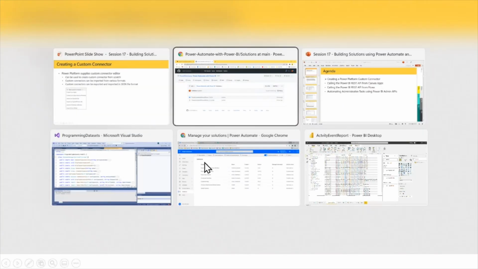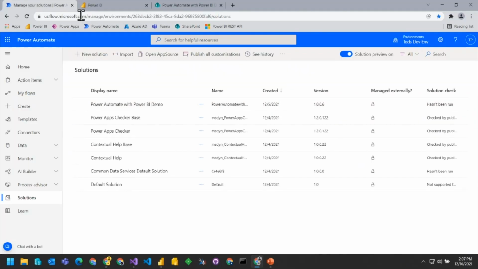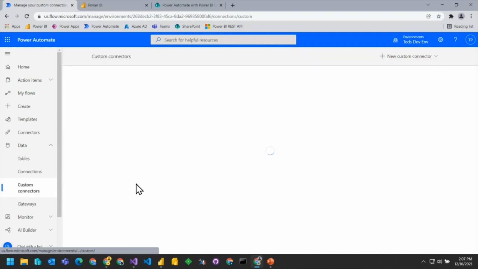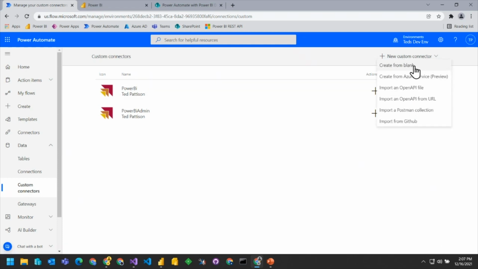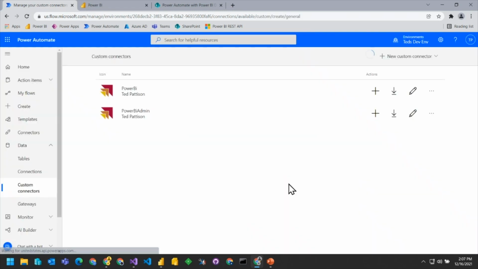Okay, now when we create a custom connector, what we're able to do is, inside the Power Platform, maybe we'll just follow along here. Let's say that we go back, and here we're going to go to data, and here's just a demo environment. So I'm going to go to custom connectors. Now there are 2 custom connectors I've already created, but let's create one from scratch. I'm going to create one, and I'm going to call this Power BI. The one I have in the demo is called Power BI, so I need to make this name a little different. So I'll just call this one Power BI Demo. Okay, let's go ahead and choose Continue.